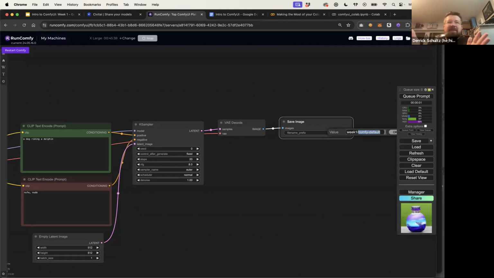So it might go comfy default 0000000.png. I think it saves it as PNG. I think they're PNGs, maybe a JPEG, I don't know. Again, there are other nodes that will give you more functionality to save out certain file types. But the default of the save image, I think, does a JPEG. I'm thinking about that now.